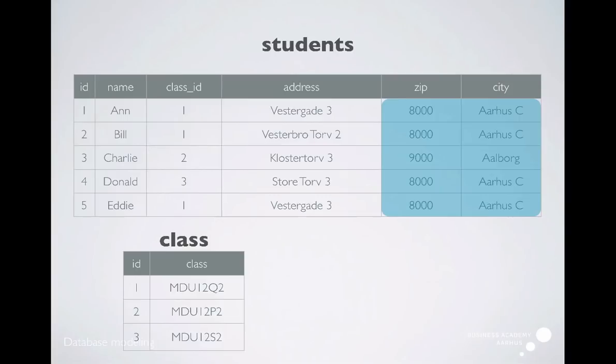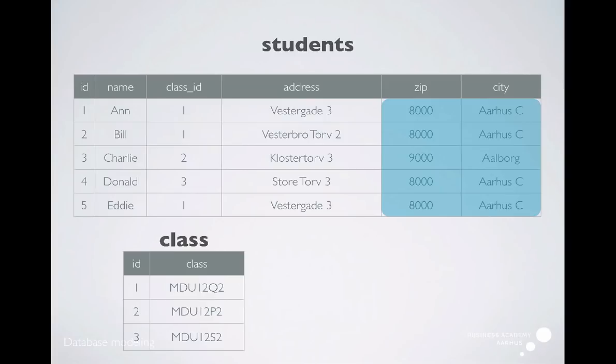So here we have some candidates for the third normal form. This would be the zip code and the city. As you can see, we have kind of a key here. It's the zip code, which has a relation to the city. That means 8000 goes into Aarhus C, 9000 Aalborg. So these are related to each other, and the city column is thus not related directly to the ID column. And that's why we are able to remove the city column and then reference with the zip instead to a